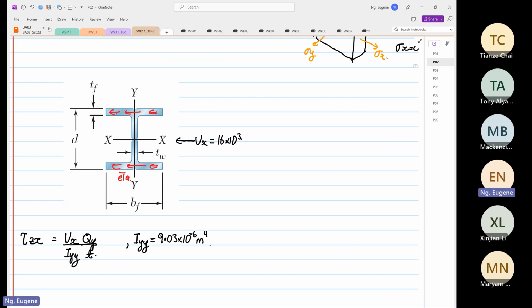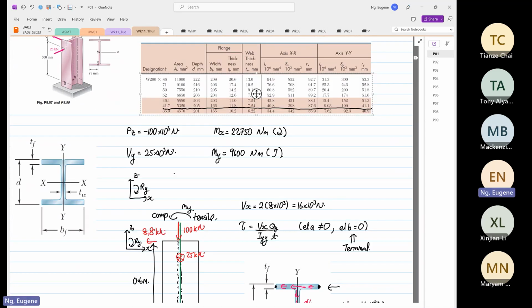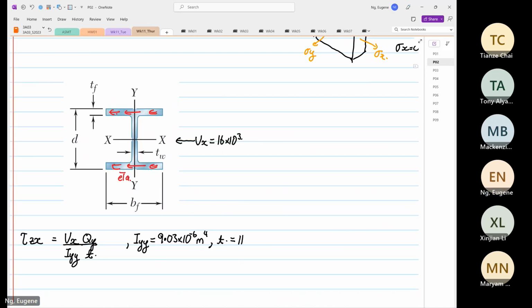We also need to find the thickness, which in this case is our TF. So TF is equal to 11.8 times 10 to the power minus 3. Next we're going to find the first moment of area, and we know